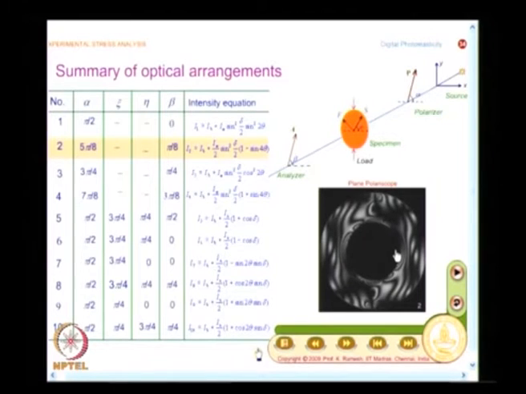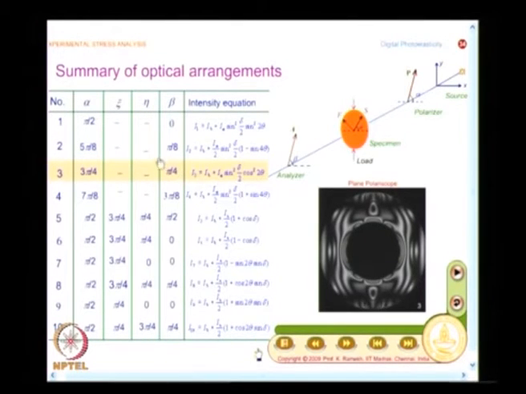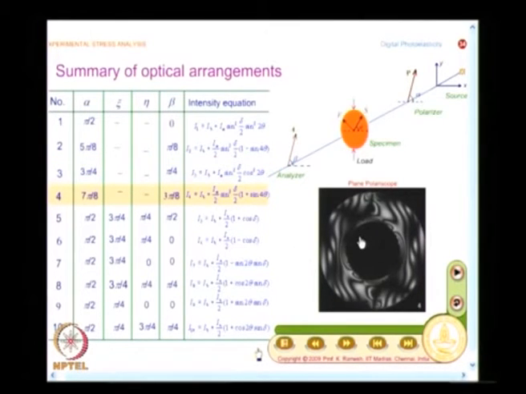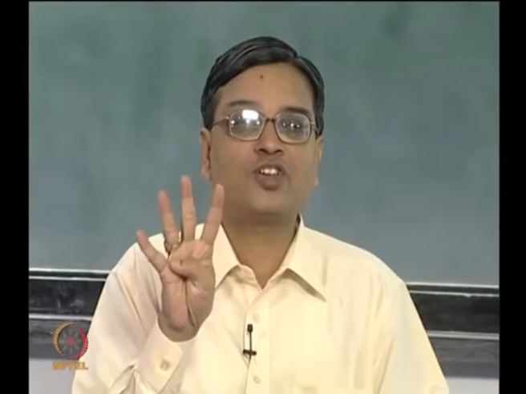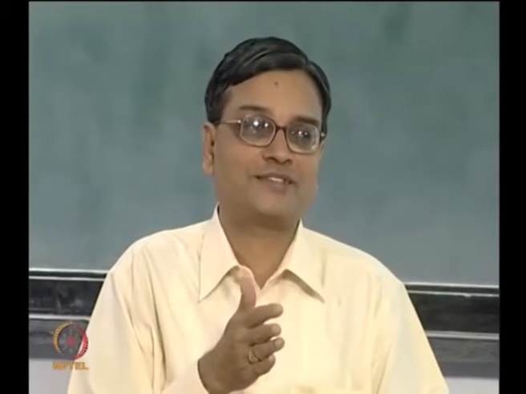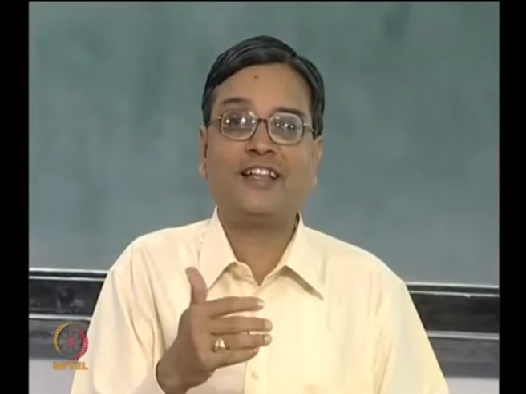I have 5 pi by 8 isoclinic, and then I go to pi by 4 isoclinic, then I go to 3 pi by 8 isoclinic. So, what people found is, if you have to find out isoclinic over the domain, just record 4 isoclinic values and you have the equation to find out what is the isoclinic value at every point in the domain. Very intelligent. In fact, this was developed long time back, but people looked at it only later, that a simple plane polariscope gives you accurate values.